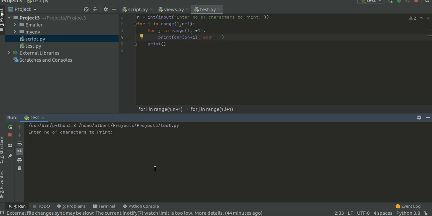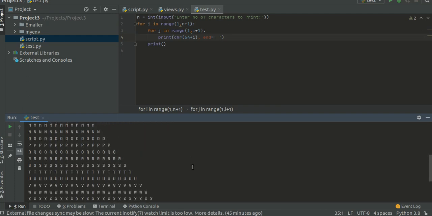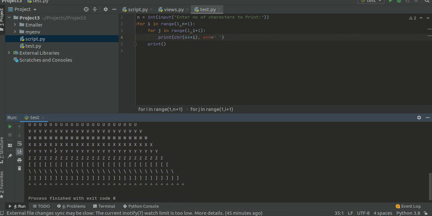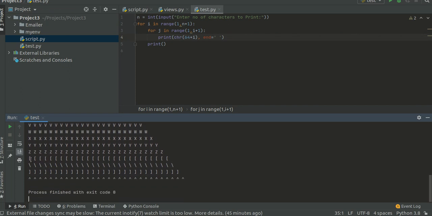If we print 5 rows, we get A, B B, C C C, D D D D, and E E E E E. Now if we try to print one more time, suppose with 30, we got all the alphabets from A to Z, so only 26 are there, and for the last 4 the corresponding characters of the ASCII values are printed.